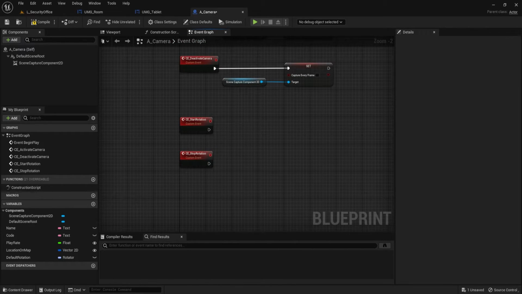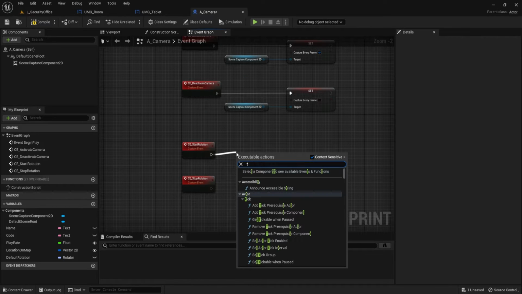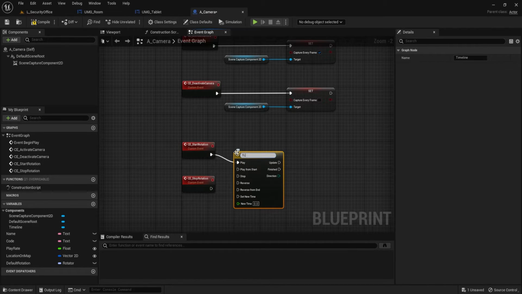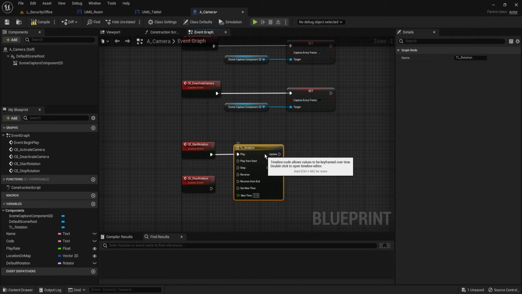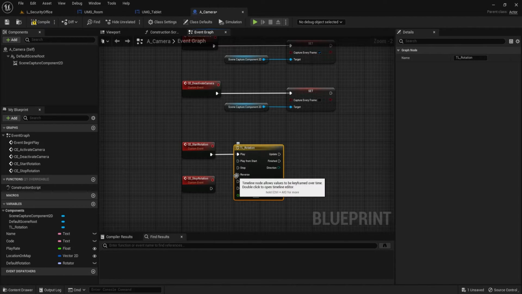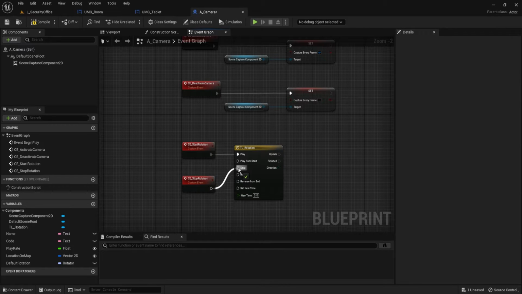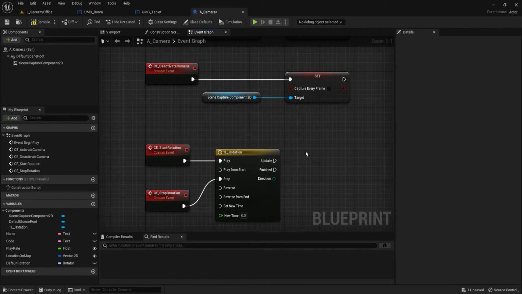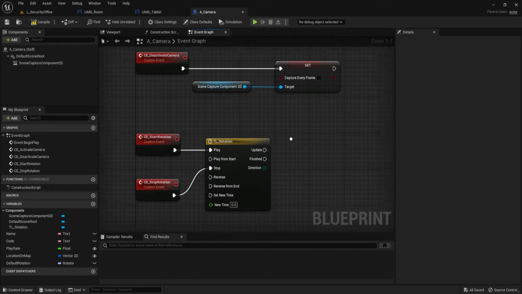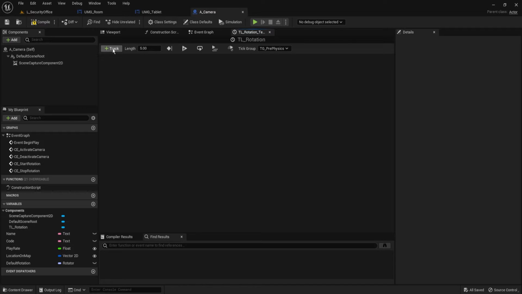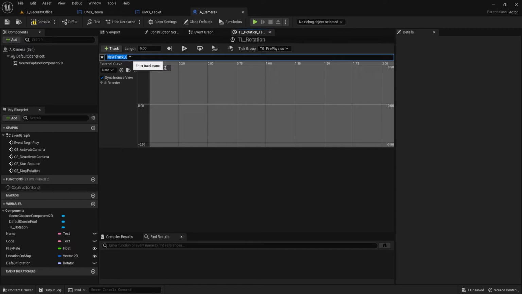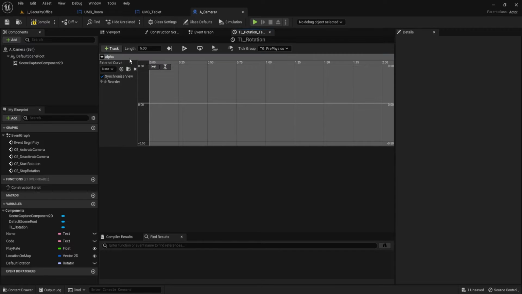Okay, so for the stop and start rotation, we're going to need a timeline. So we're going to add timeline, which we'll call TL rotation. And we're going to attach this to stop, sorry, not reverse. So let's see how this goes. For rotation, we're going to open it up, and we're going to add a float, and this is going to last for 6 seconds. We'll call this alpha. It's going to be 6 seconds long, and we're going to have it start at 0,